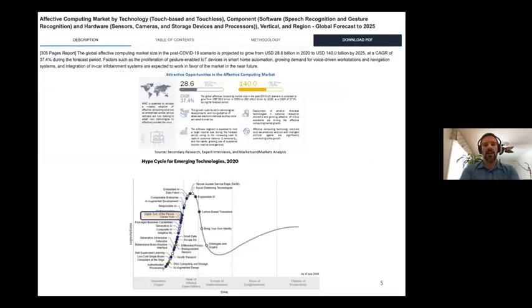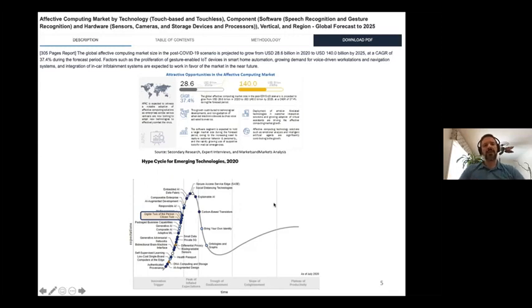Interestingly, it's an area that was not severely affected by COVID. As you can see here in 2020, market research projected that or showed that it was a $28 billion market, and projections for the next 5 years is that it's going to grow to 140 billion. And the idea is that with the pandemic, most people are home, everybody's online. So now more and more companies have access to user data. And with this information, you're able to build tools to monitor people's emotions and people's reactions and so on.